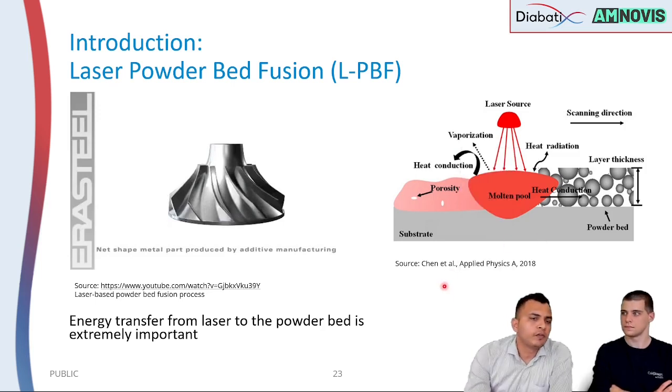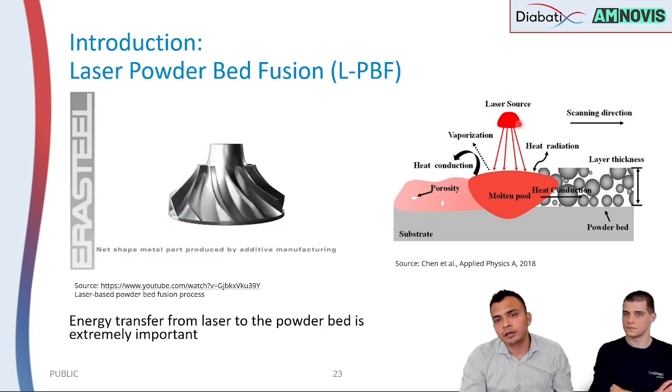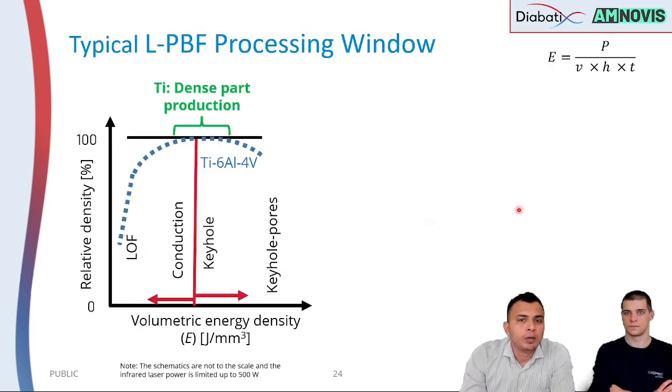So as you can see, in this case it is important that there is a good laser metal interaction, meaning the energy in the laser should be transferred to the powder in order to melt it and form a stable molten melt pool and to manufacture the component. But what happens typically is, for all laser absorptive materials like titanium,